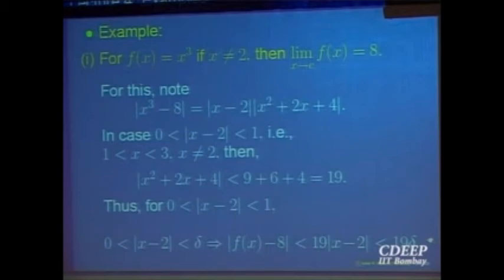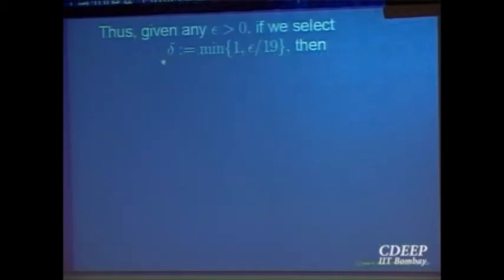So given epsilon, I should choose delta, of course I assumed |x minus 2| is less than 1 also. So it should be the minimum of 1 and epsilon by 19. Then I will have that this is less than 19 delta, which is less than epsilon. So by the epsilon delta method, if you want to prove the limit is equal to 8, this is the process. So at times things are difficult using the epsilon delta method. We will not stress much on the epsilon delta method in this course, but just wanted to make you feel that there is some estimation going on.